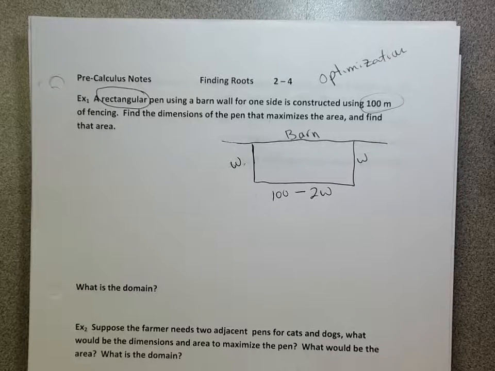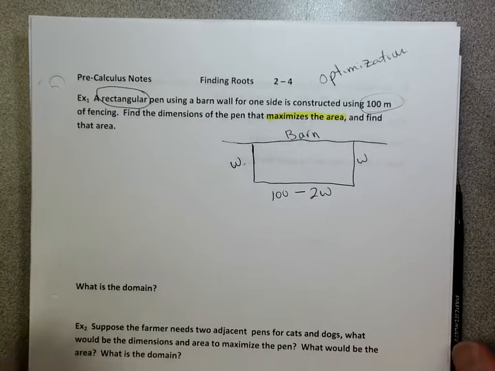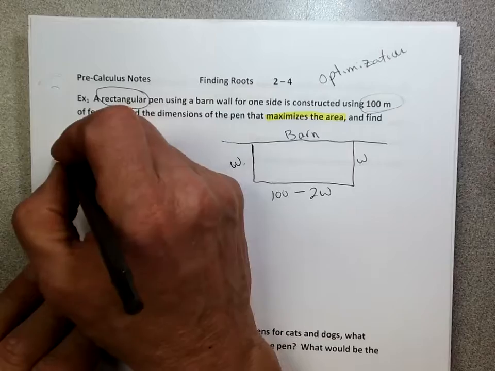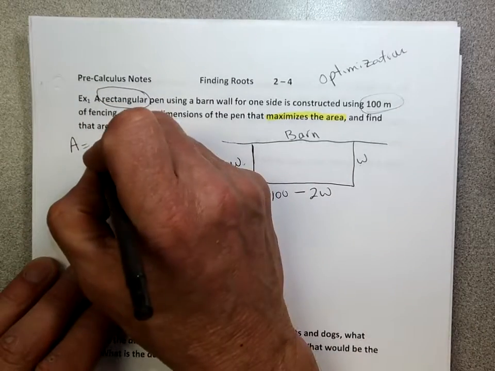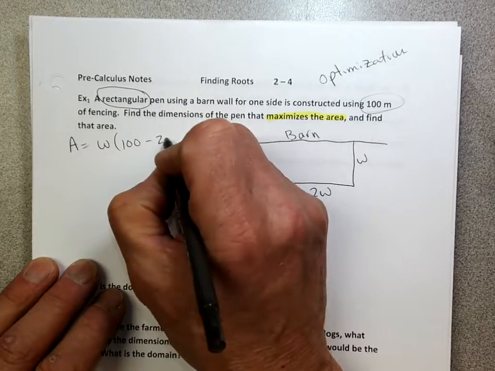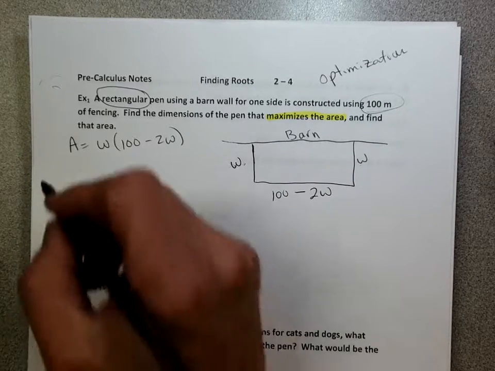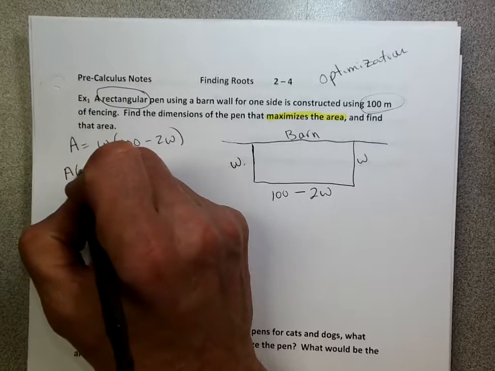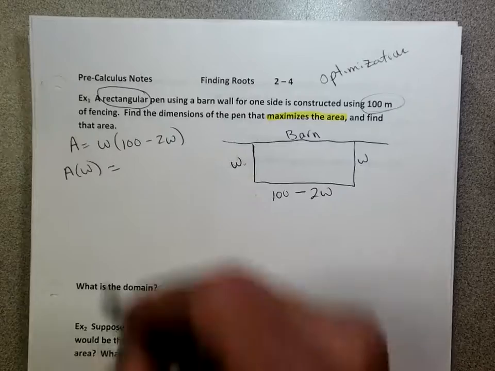Now the next thing is to maximize the area. If I have to maximize the area, the formula I'm going to use is the area formula. Area is equal to length times width, or in this case, W times 100 minus 2W. I'm going to write it in function form, area with respect to W, A of W, is equal to, and I'll distribute,